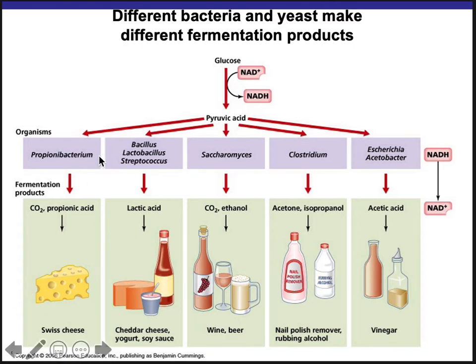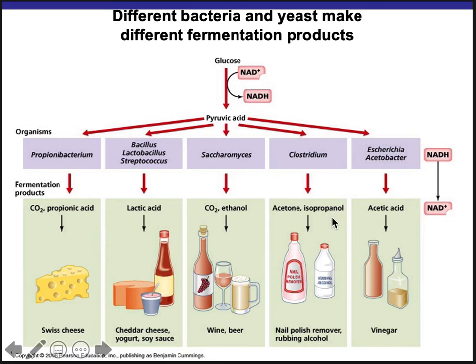And so I'm just going to give you an idea overall that there are a lot of different products of fermentation, especially when we're talking about bacteria. I'm not going to test you on these bacterial names and what their products are, but for lab, you'll need to know that you're using yeast, which is Saccharomyces. So you should note that this right here is a yeast, not bacteria, and it is used to produce ethanol, and that's what you'll be seeing in the lab. Other bacteria, other organisms, such as different types of bacteria, can make things like acetone, fingernail polish remover, you might be familiar with,